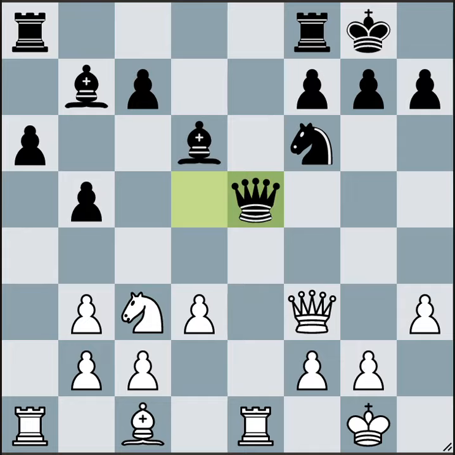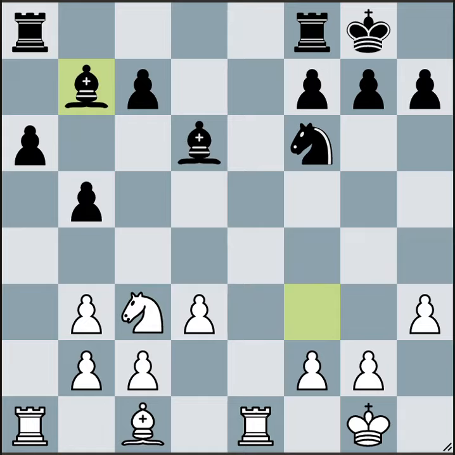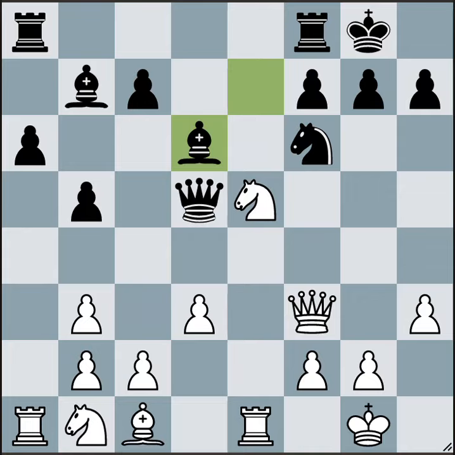Queen takes e5, and now white is completely busted. If he takes the queen, black takes the queen. Then if white saves his rook, black saves his bishop, and black is up a piece and has a winning position. Okay, so because of that, Nepo needs a very accurate move here, and he plays the very good move